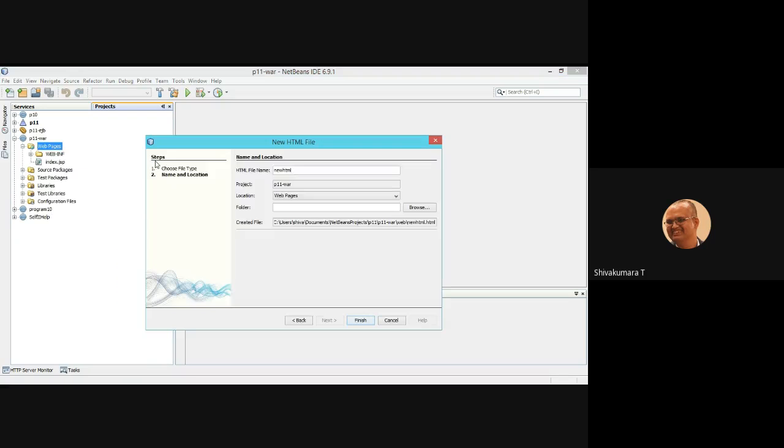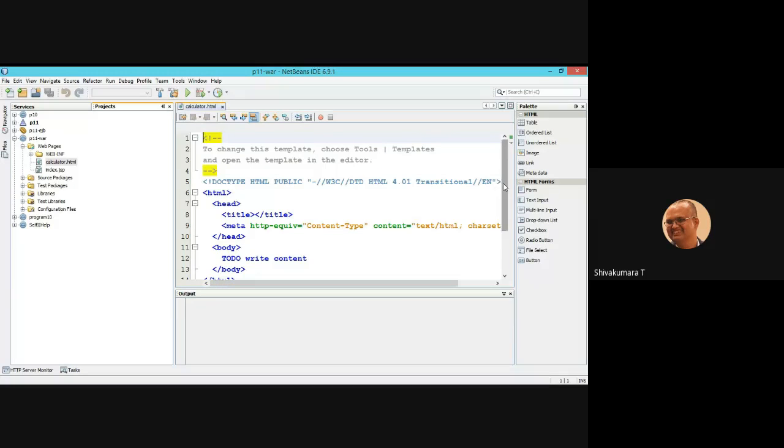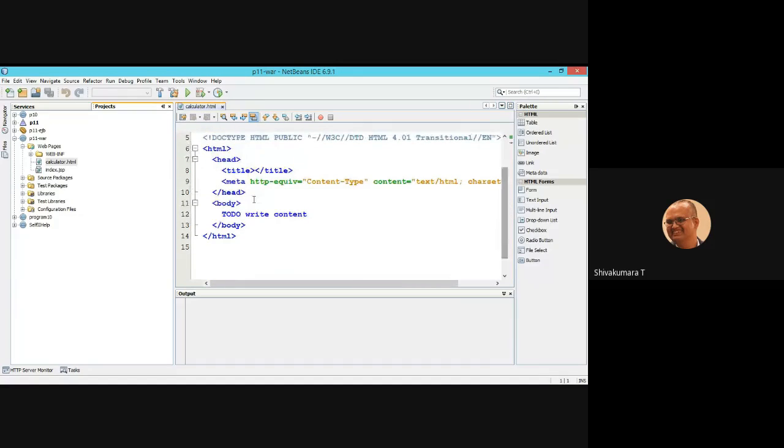Either one you can select. Now give the name as calculator.